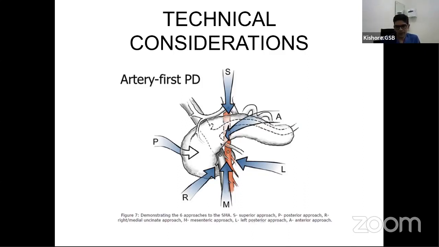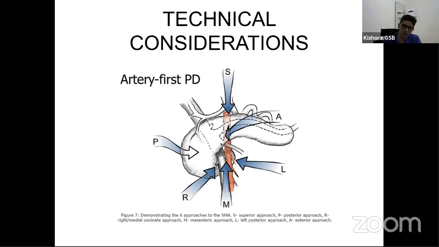But having said that, the artery first approach has some advantages, I think, especially if you're talking about a borderline resectable pancreatic cancer. Since there are registrars, one important point to remember is, even after you give neoadjuvant therapy, your resectability is not assessed on a CT scan, because the CT scan will not downstage it like a conventional tumor in some other area. So after you give neoadjuvant therapy and do a CT, the CT scan still might look the same. So you can't call the patient unresectable. You have to explore and decide on table whether the patient is resectable or not.